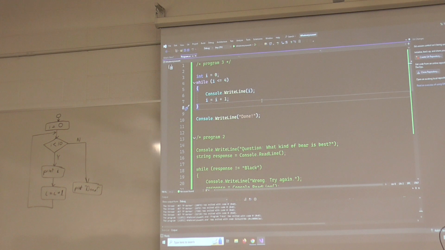Is 2 less than 4? Less than or equal to 4? Yes. So we proceed to line 7. I is 2. I plus 1 is 3. 3 gets assigned to I. Proceed to line 4. Is 3 less than or equal to 4? Yes. Proceed to line